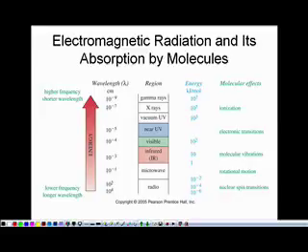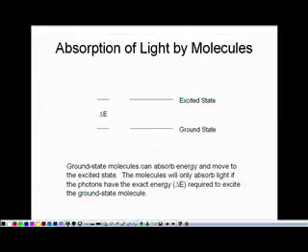So when we look at a molecule, spectroscopy is based on one thing, and that is the difference in energy between the excited state and the ground state. If you have a molecule in the ground state, it absorbs energy to go into the excited state. The energy difference is always quantized, meaning that there's a very discrete difference in the energies of those